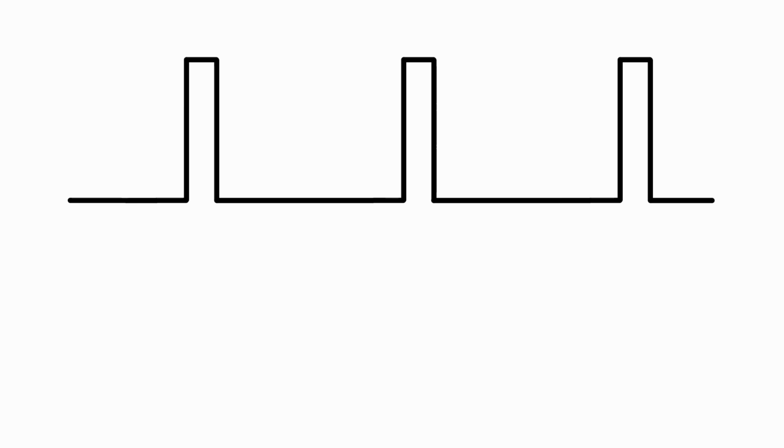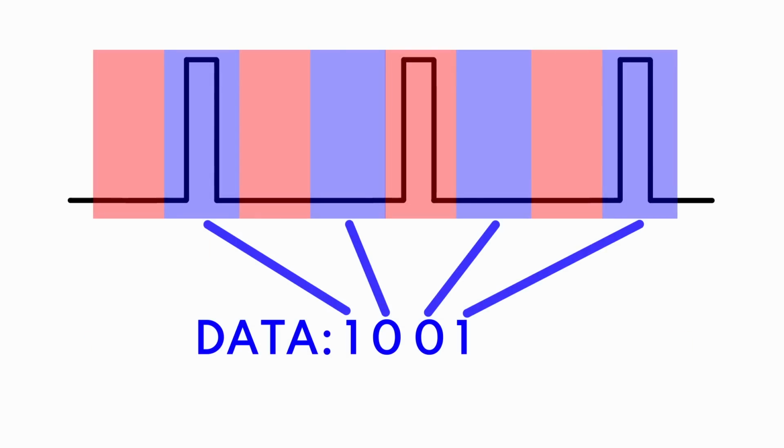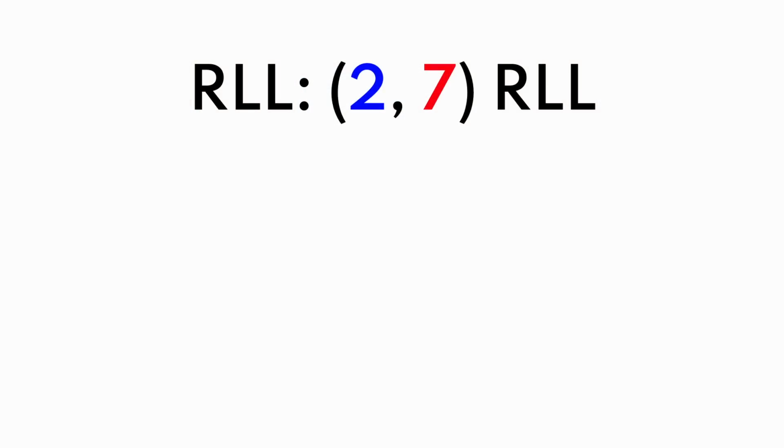01001001. Now this seems really weird, but if you look, there's never 1 bits close to each other. There's always a space between them. That means that we can get the timing tolerances tighter and tighter, which means we can squish those bits into a smaller physical place and then fit more bits on the drive. But we can take it even further, and we can go to RLL